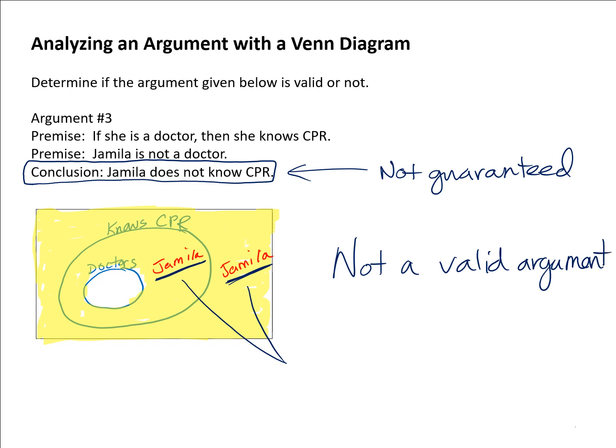Now, one thing I should say about an argument that is not valid is that we kind of come full circle on where we started in chapter 1, which was actually at the end, with fallacies. If you recall correctly, a fallacy is an argument in which the conclusion is not well supported. So that's in fact exactly what is happening when you have an argument that is not valid. When you have an argument that's not valid, you have a conclusion that is not supported by the premises. So this takes us full circle to where we started in the